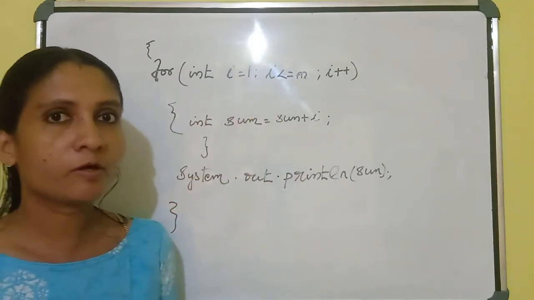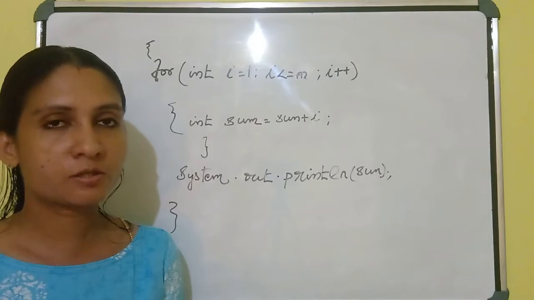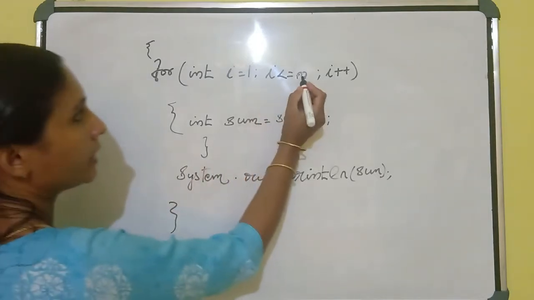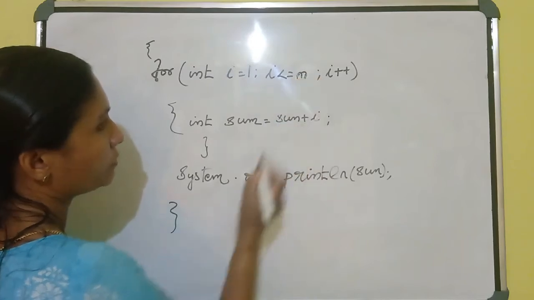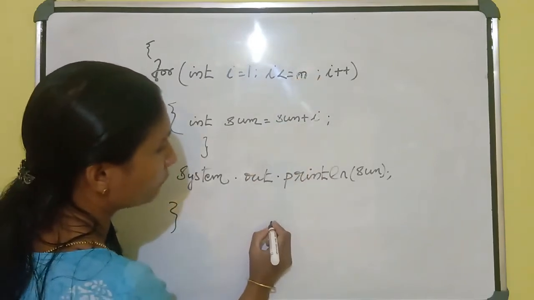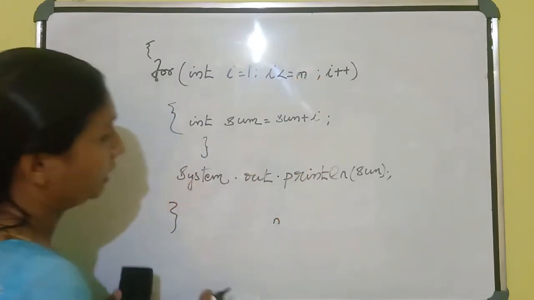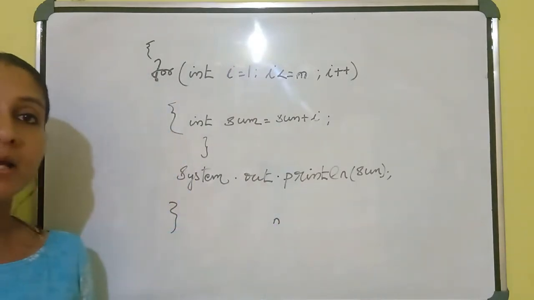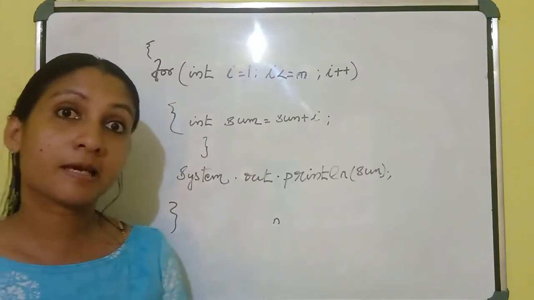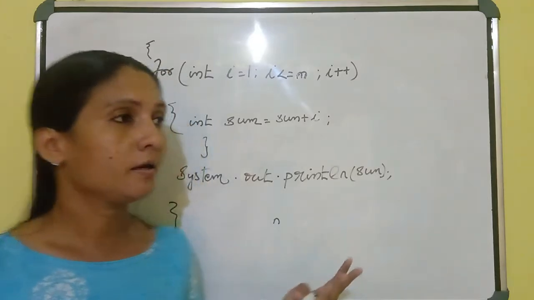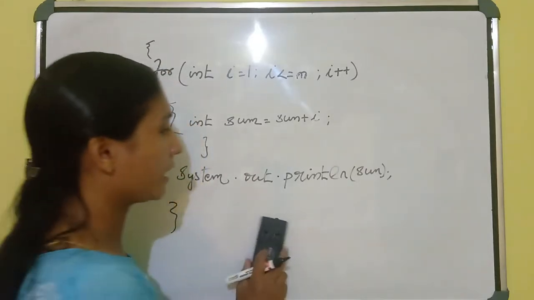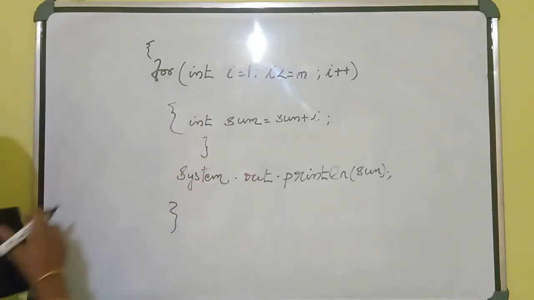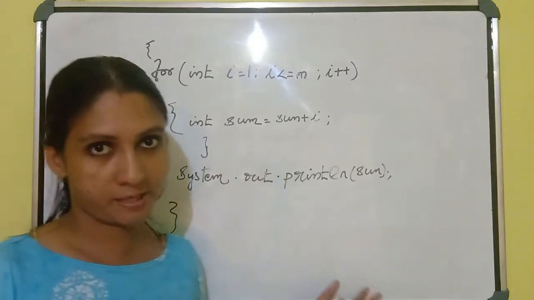Next time, if you want to find out the sum from 1 to n numbers, here I used m numbers, up to n numbers. Next time, if you want to find out the sum of n numbers, again you have to write these statements. Instead of writing the statements again and again, we can give these statements in one block and give them a name. If you save it, we can reuse these statements.